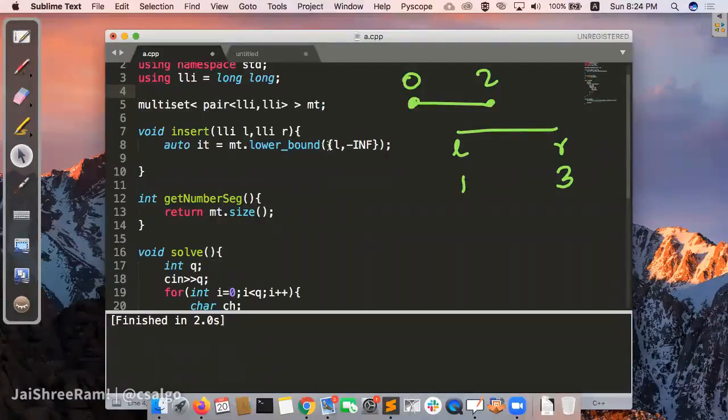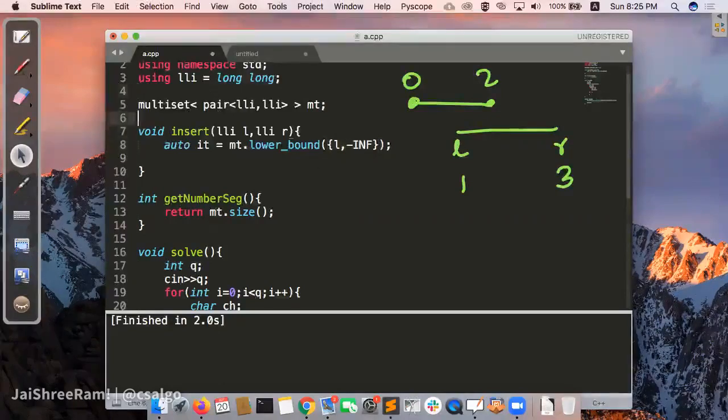This is not a real segment. This is something which we are using to search for this segment, 0 to 2, which is starting before it. We just want to use a hypothetical segment which will definitely find this one using lower bounds. This is not a real segment. This is something that we want to search for from the multiset. That's why we are using this one.